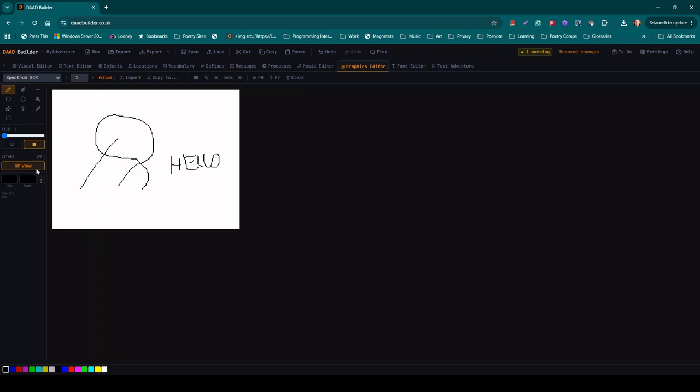But that's quite a handy thing for when you're importing a picture into the spectrum. The program automatically tries to decide whether each square should be paper or ink, and it will decide, if most of the square is green, it'll set that to being paper. You might think it should be ink because the next square along the ink is green